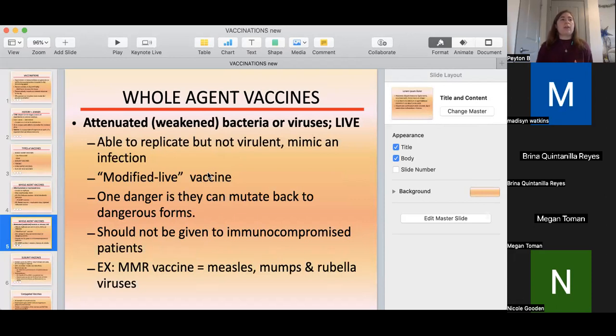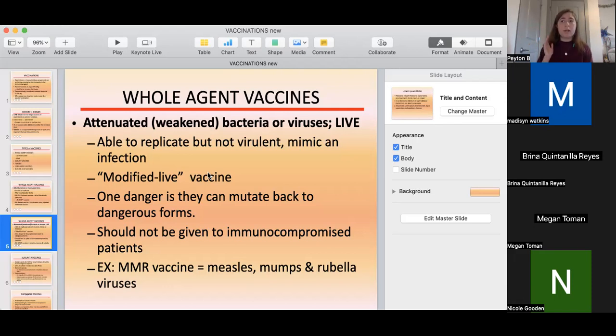So kind of thinking like, if the flu was a dead version of it that is injected, there's a version of measles where it's like its arms are missing. It's weakened. It can't really replicate well. It replicates, but it's not virulent. It's not going to cause a whole lot of disease because a healthy immune system will be strong enough to fight it off. That is why we can't really give whole agent live vaccines to immunocompromised individuals, because the